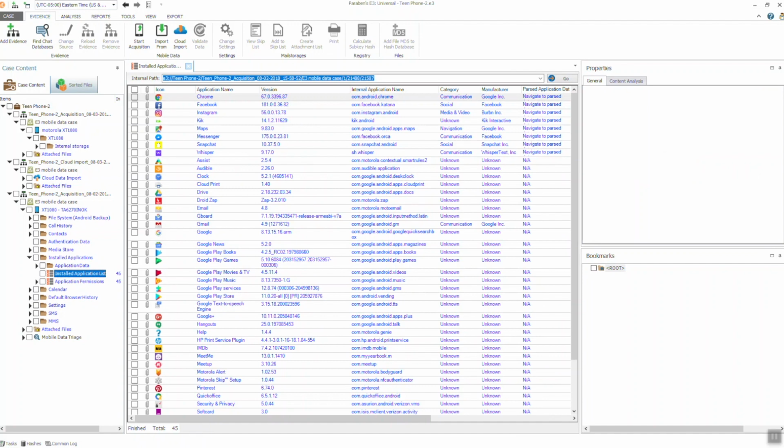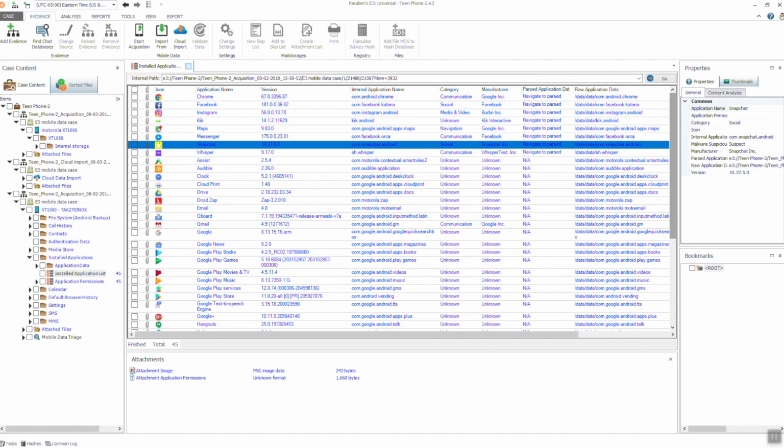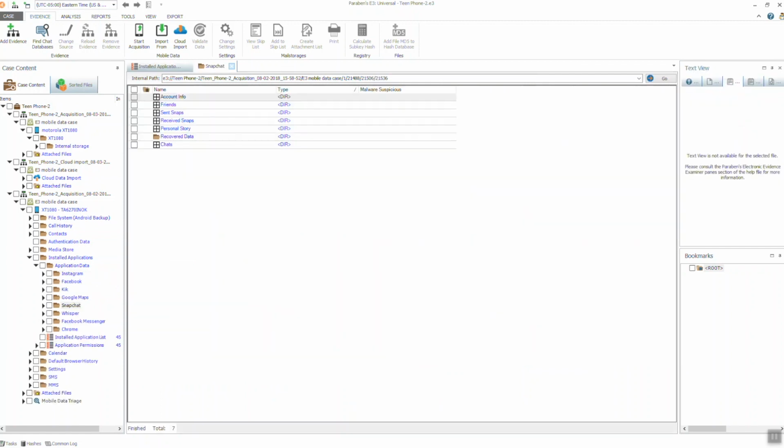When we want to review them, they're automatically sorted by whether or not they have parsing associated with them. So let's look at a parsed app that's very popular. Let's look at Snapchat. So over here, I have parsed application data. I'm going to expand this out a little bit. That's telling me I can just click here, and it's going to immediately take me into a parsed app